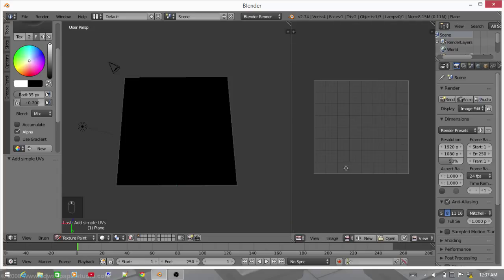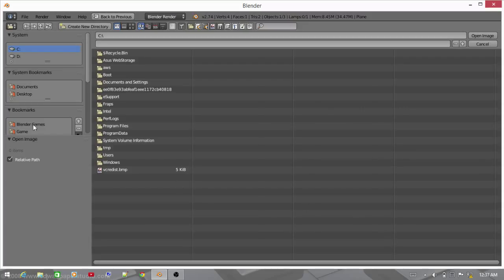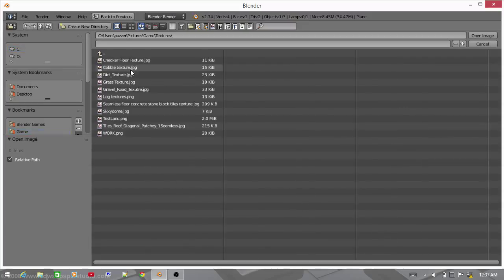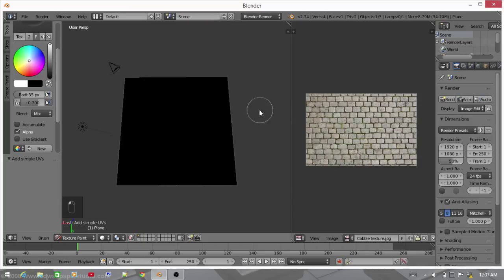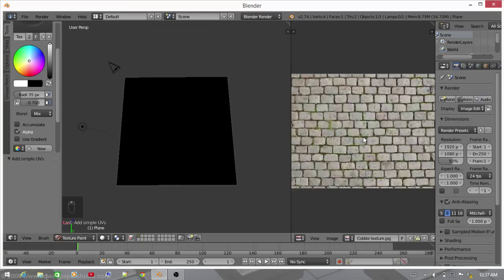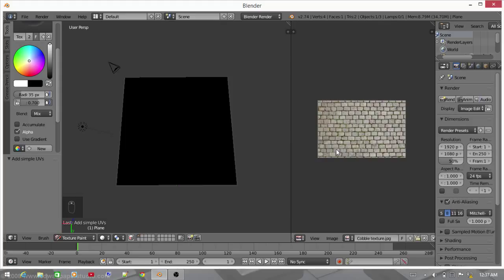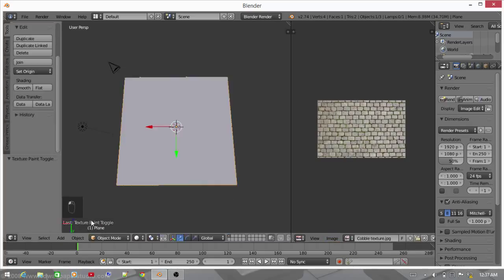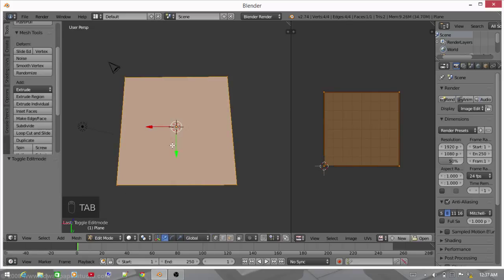UV image editor. Let me open that. That's the texture I'm going to be using, okay? So we'll be turning something like that into what you saw. You can even make it look even more detailed. And then if we go to edit mode and just unwrap that,